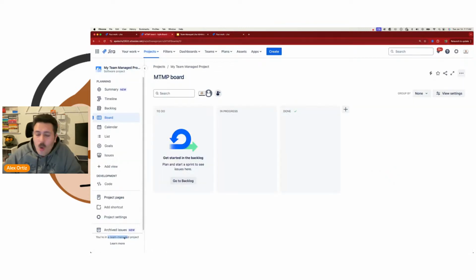But for now, if you're in the old UI, this is where you're going to go to find out if you're team or company. Because this is very important, folks. How you administer, how you configure your projects, if it's team or company, are very, very, very different experiences. Very different. So you want to make sure you're always grounded and understanding, where are you? What are you doing? How are you doing it? So that you do it correctly. Otherwise, you're going to make some bad assumptions. All right. So with that said,